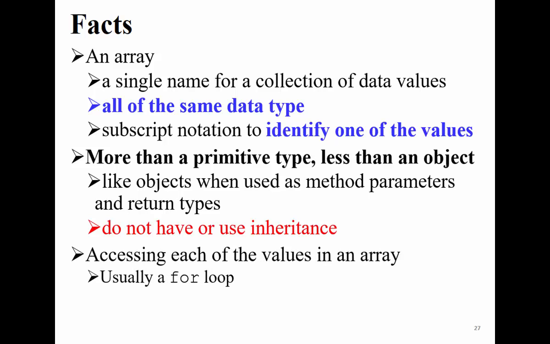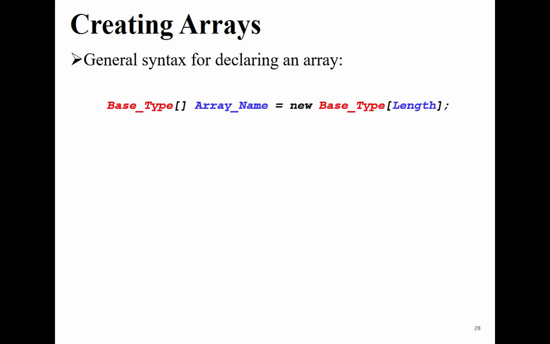Now, it's very good to use because you put all the elements next to each other, stacked together, so you use a for loop to access the elements all together. How can we create an array? You can create the array with this syntax. You have the base type, then brackets, then the array name, a name that you like based on the identifier style, then equal, and you see the new. That's another similarity with an object, because whenever you need to create an object, you have to use the new keyword.